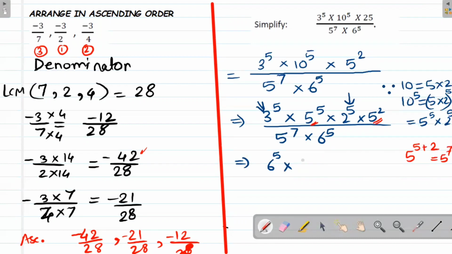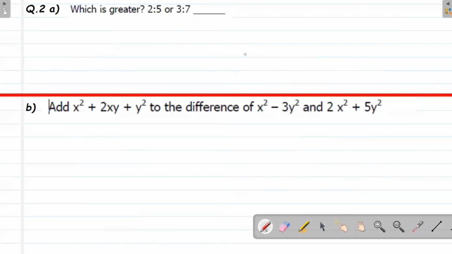So I can write here 5 raised to 7 divided by 5 raised to 7, and 6 raised to 5 is also already adjusted. 6 raised to 5 and 6 raised to 5 are the same, cancel out. 5 raised to 7 and 5 raised to 7 are the same, cancel out. So what is remaining? Nothing, which means 1. So your final answer is going to be 1. If you have any more doubts regarding powers and exponents, do comment in the comment box, so we will have the next video on it.